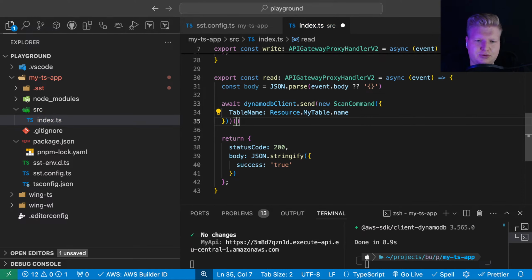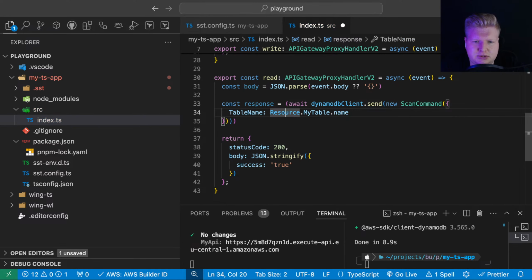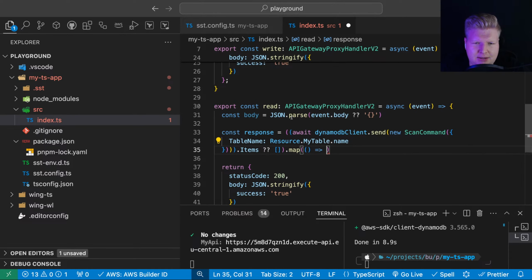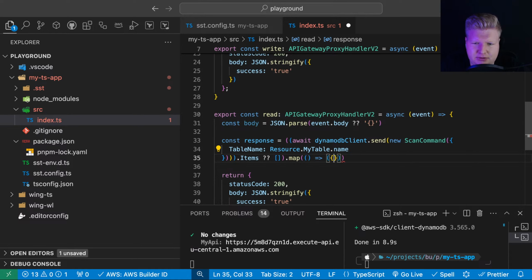And let's transform the data. Response, it's going to be like this. Items, yeah, let's put the default, empty array. Let's map it, and we're going to map it to an object, and oh, of course we don't know what item is.